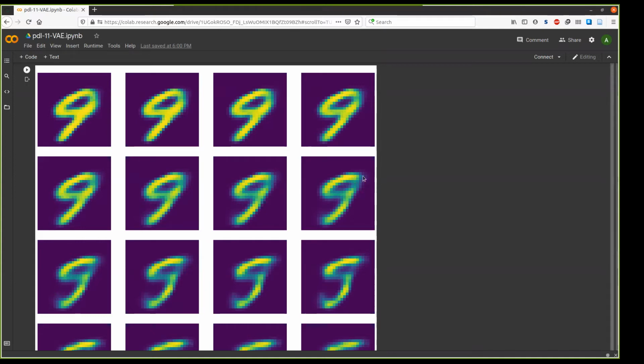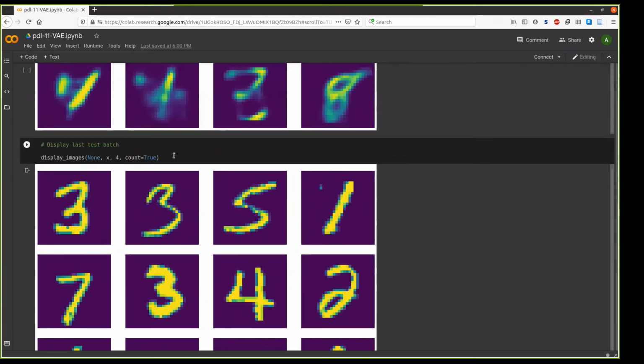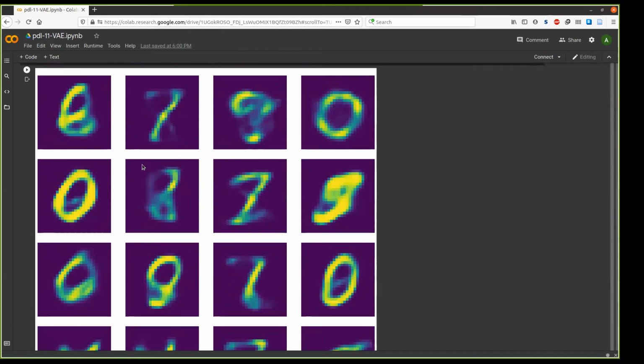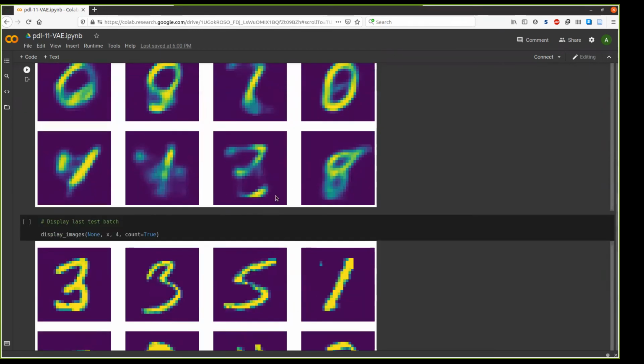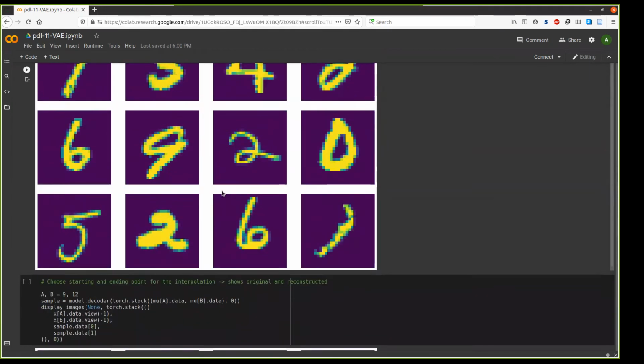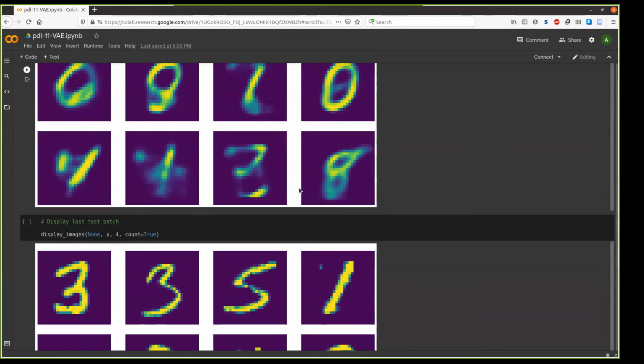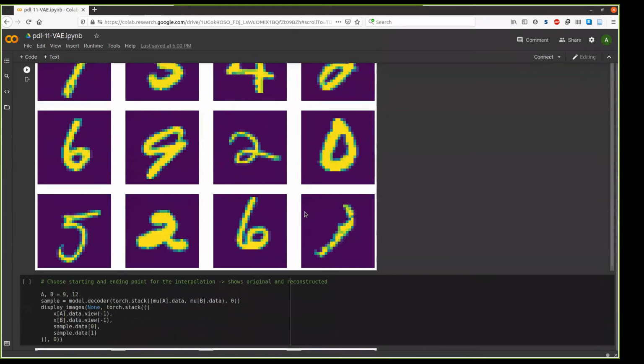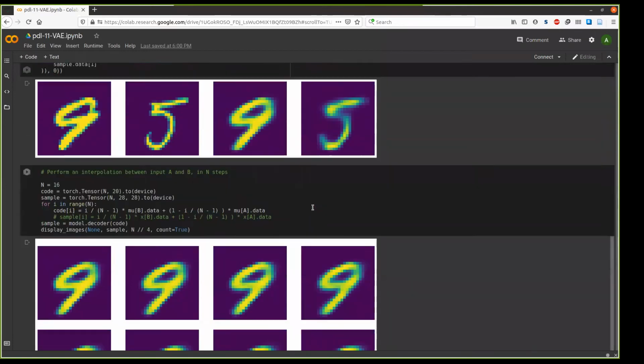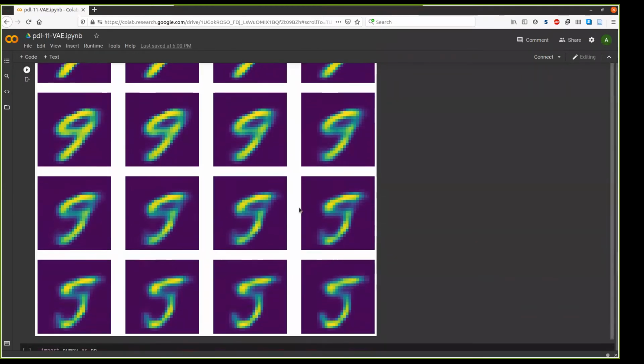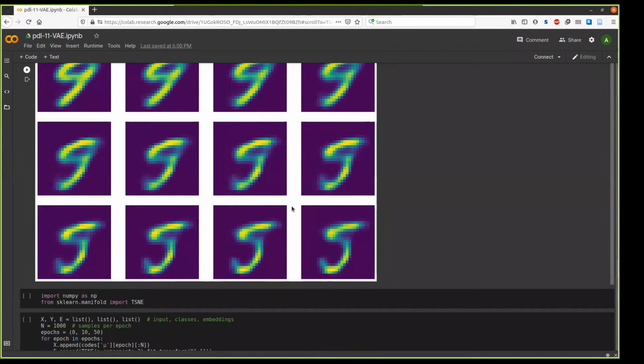Because our decoder is now a generative model, and we can feed some z to it, so we can sample from it. This wouldn't be possible with a standard autoencoder, because a regular autoencoder has